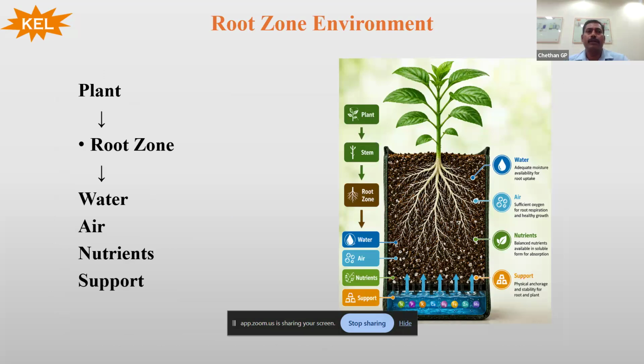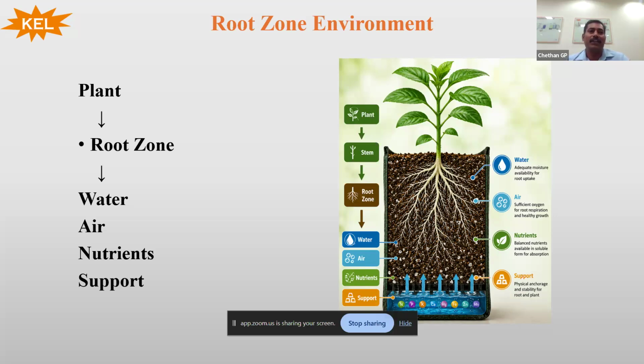Root zone environment. The root zone is the most important part of the plant environment. Everything that happens above the ground depends on the health and function of the roots below the ground. Root zone environment involves designing a growing medium that provides the ideal balance of water, oxygen, nutrients, and structural support. Healthy roots require enough moisture to absorb the nutrients, but also sufficient air-filled pore spaces to allow for